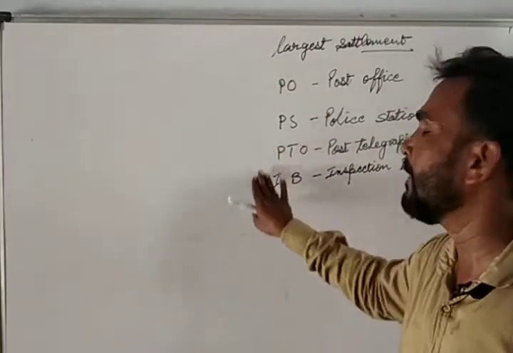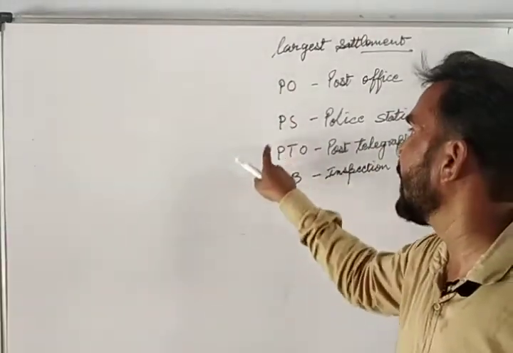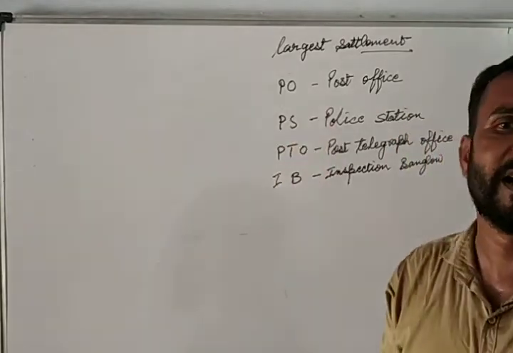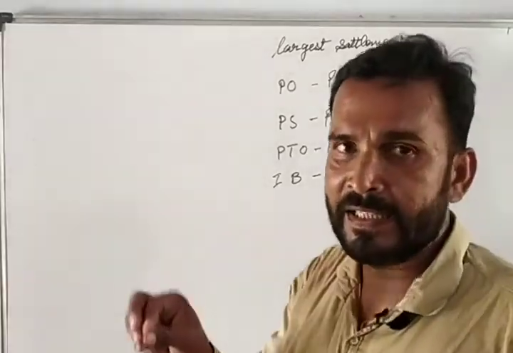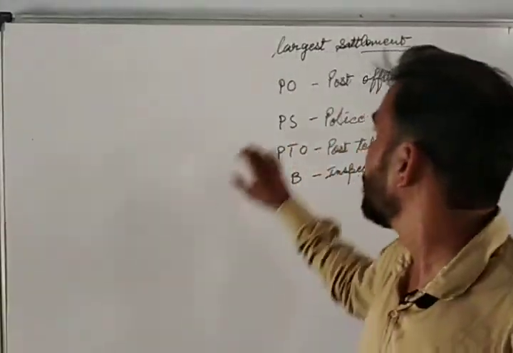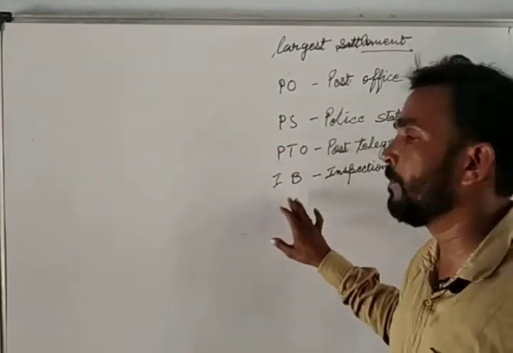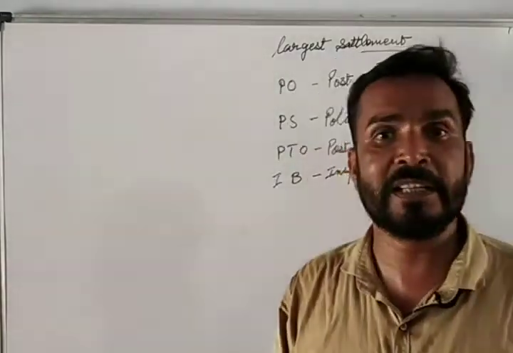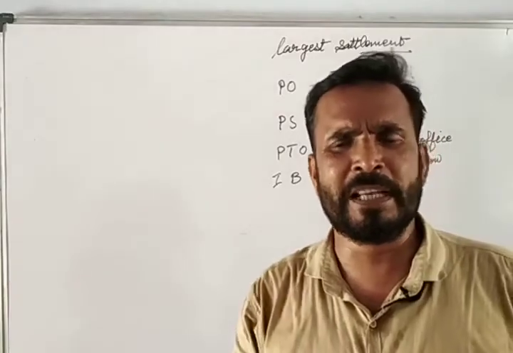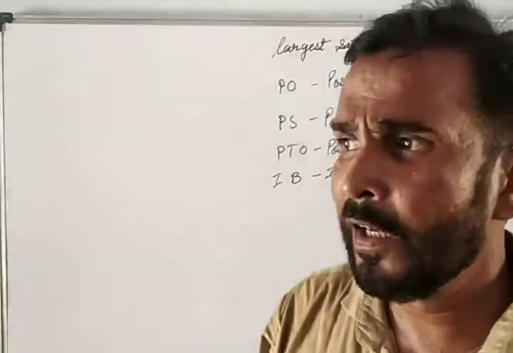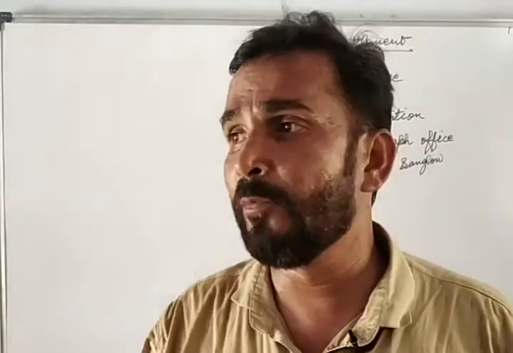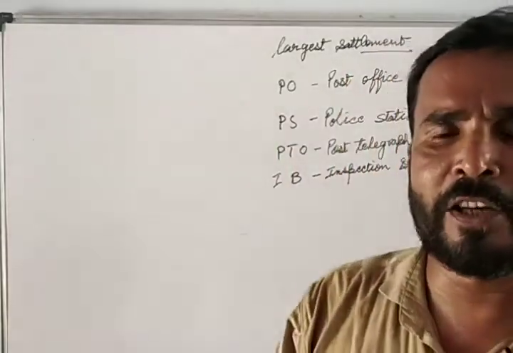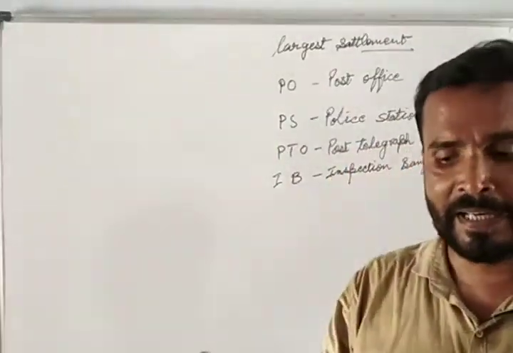So we have to remember these symbols. If these letters and symbols are given there, then we can write that the particular settlement is the largest settlement, which has a post office, police station, post telegraph office and inspection bungalow. That's why this is the largest settlement, because a police station and post office are there. Okay. In 45D/7, I think there is a village Panthavada shown there. In Panthavada you will also get Abu village, Mount Abu. That you can also get Kuchawada. Many villages are shown in our map. So there we can get these points.